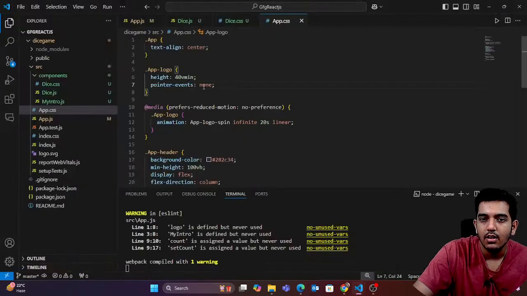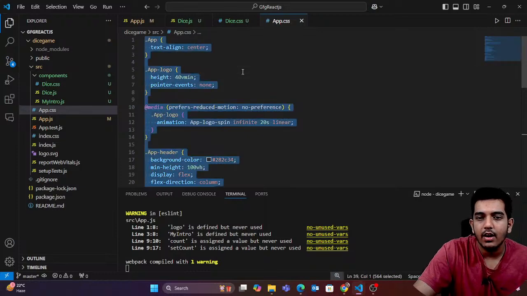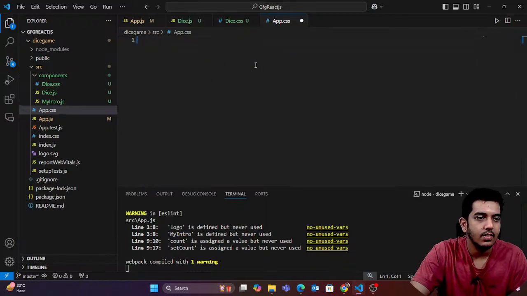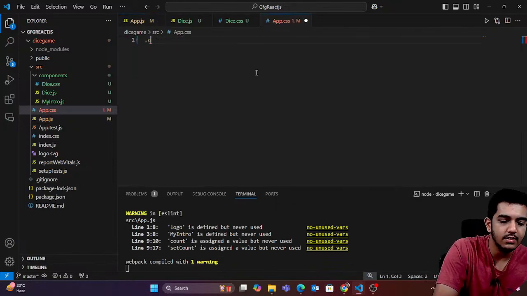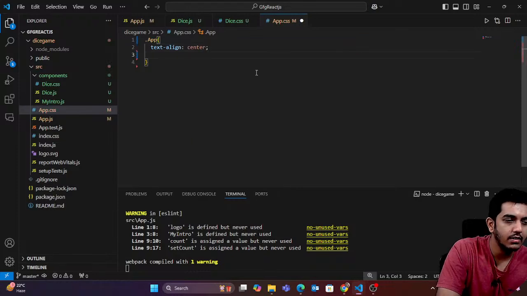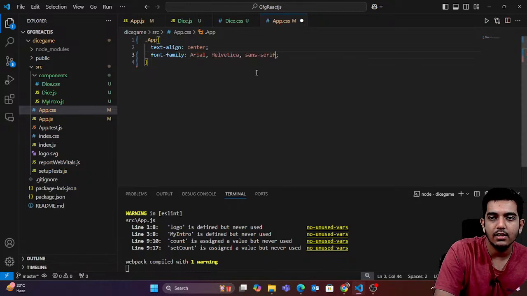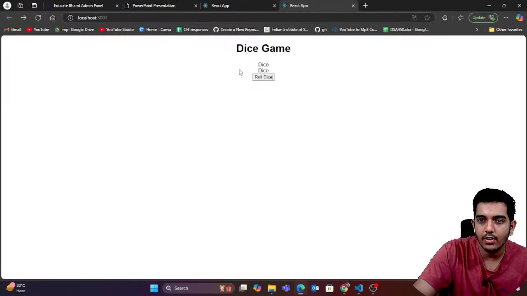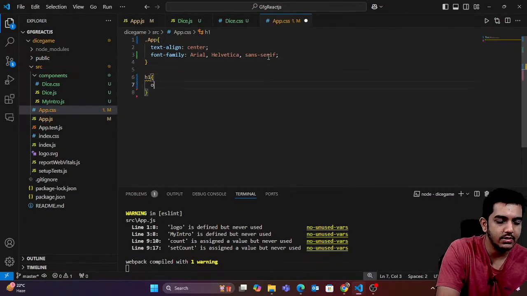Let's style this first. I'm gonna go here in app.css, and in app.css we have the app class, right? So I'm just gonna say text align is center, and the font family I want to give is Arial, sans serif. So you can see that right now it looks like this. Fine. Now if I want to style the h1 tag, I'll just say